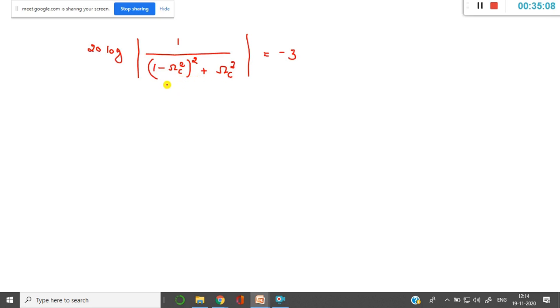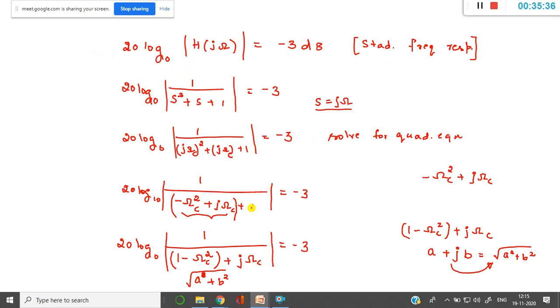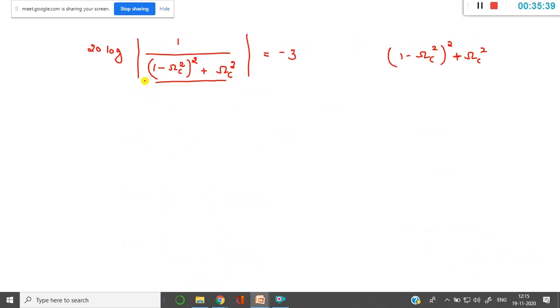Now you just take this term. Again it is a quadratic equation. Just go ahead with the simplification process. So this is 1 minus omega c square whole square plus omega c square. Only take this much and try to simplify this. This is under the square root, I should take. So this is under the square root. Now if I take this under the square root,